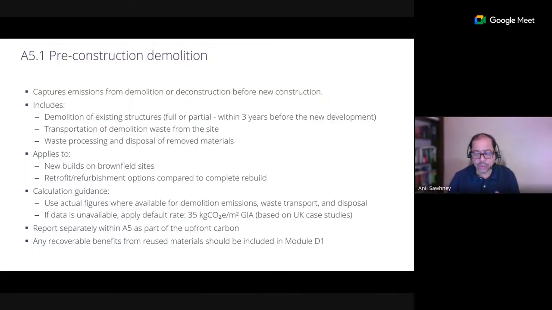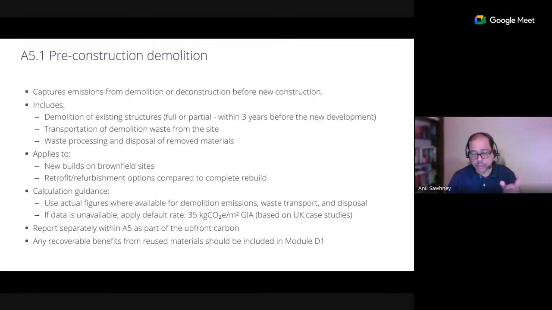So these are based on London specific UK case studies. As a rule of thumb, you can take 35 kilograms carbon dioxide equivalent, measure your floor area, and multiply. That will become your A5.1